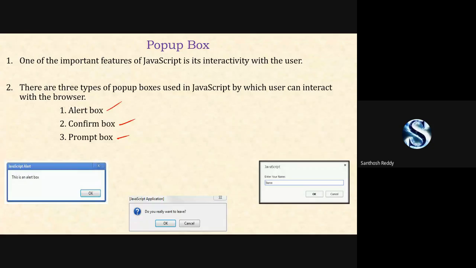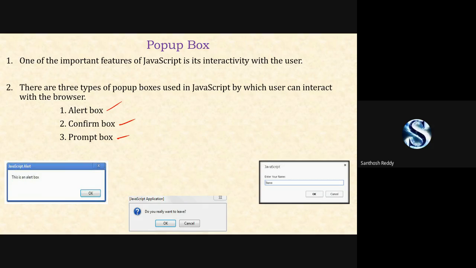The confirm box will take an input, whether you're interested or not, like whether you are interested in that particular site or want to vacate without saving it. Further, we are going to make use of confirmation boxes. Prompt boxes will come here to take your inputs.